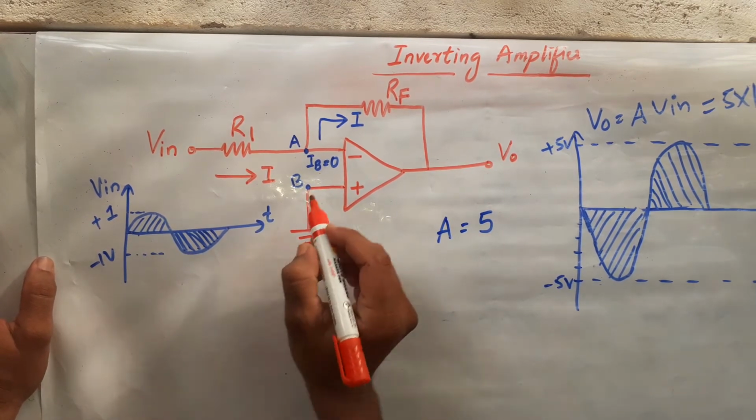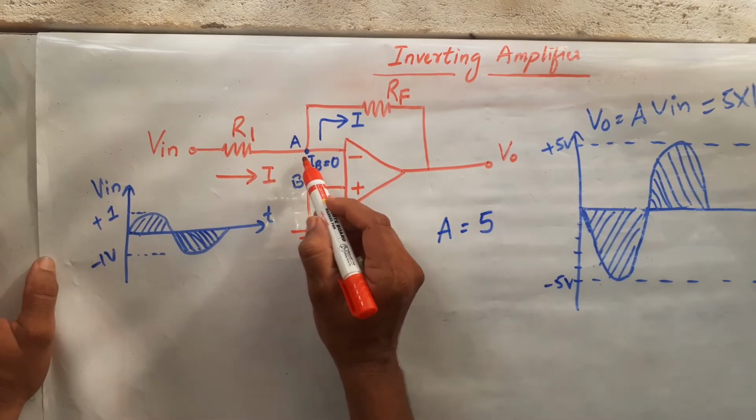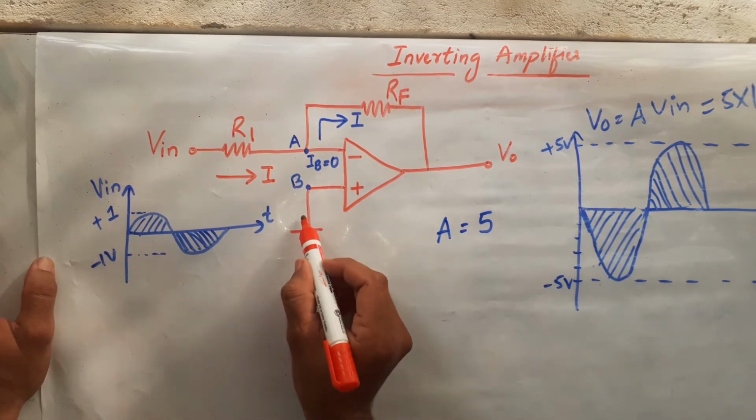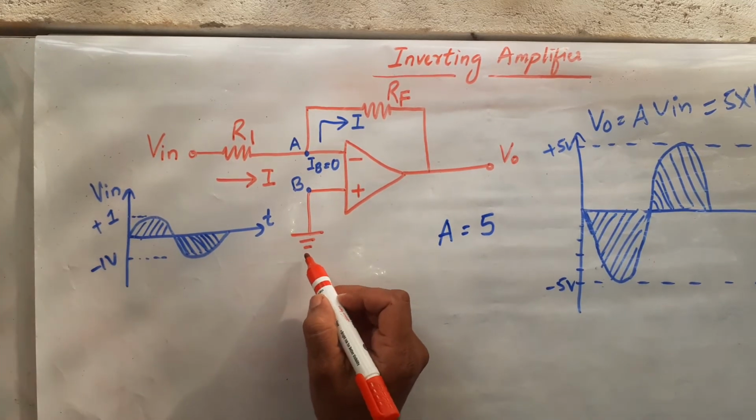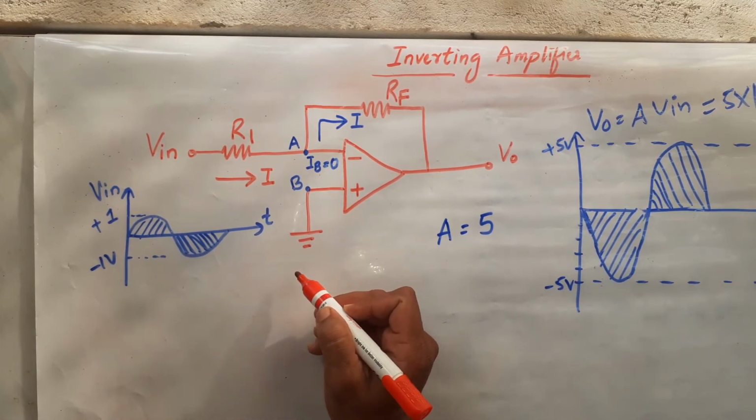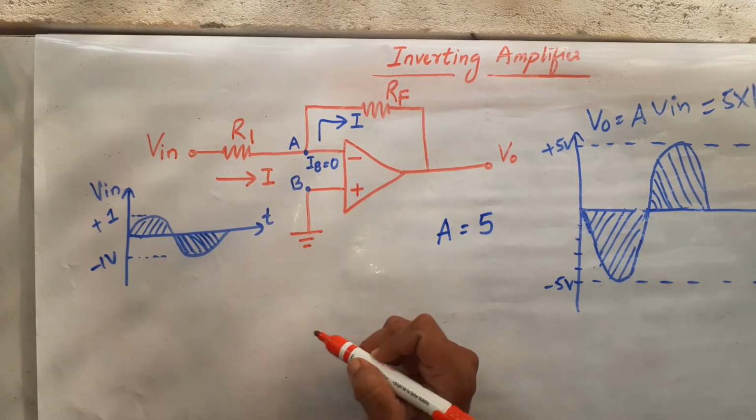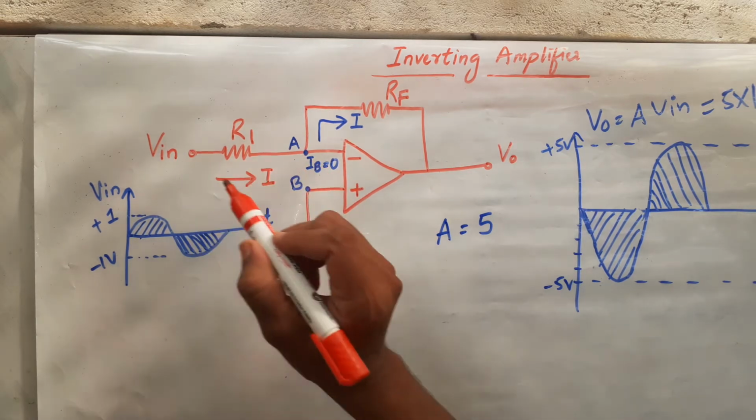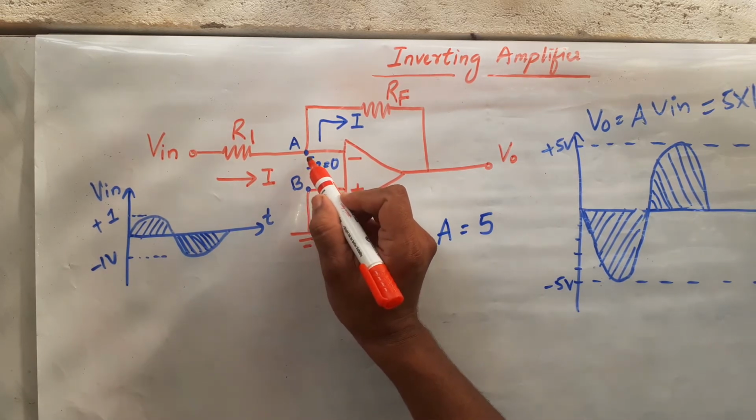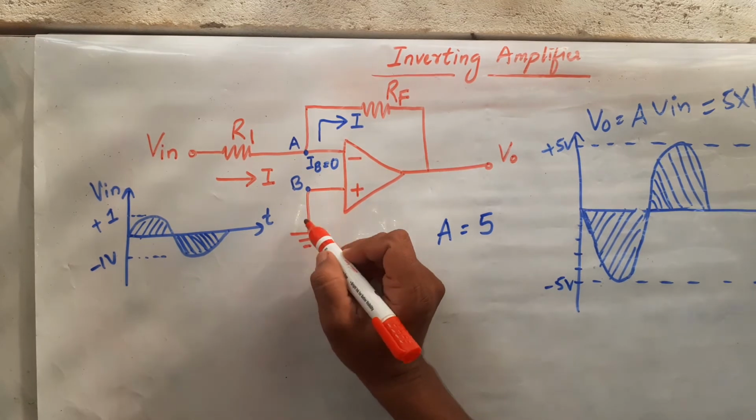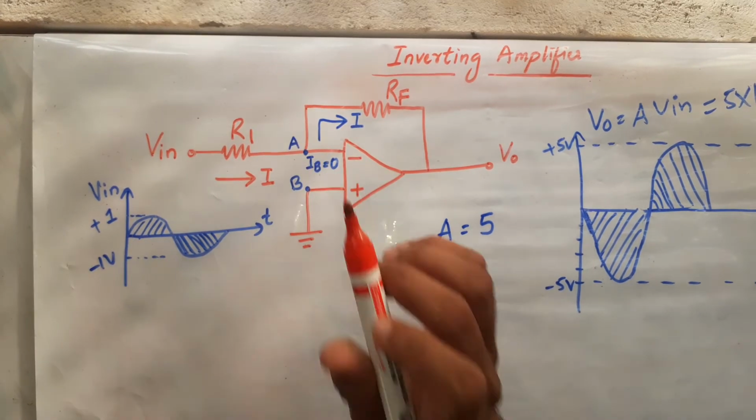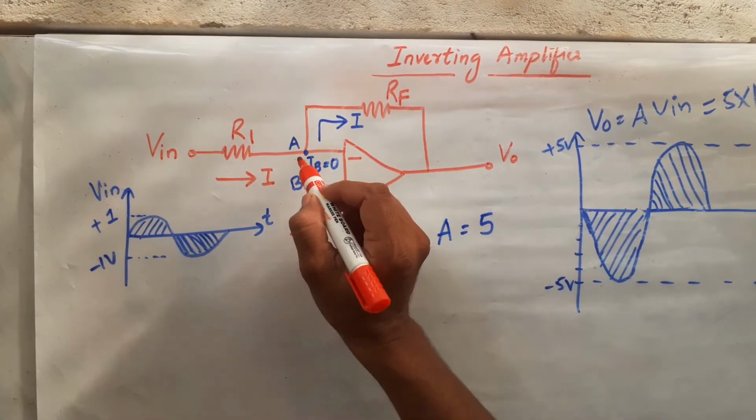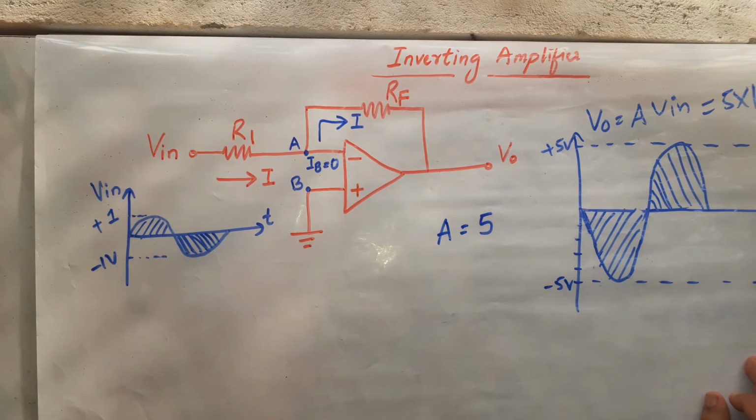Now you have node B and node A, right? Now as you can see, node B is grounded here. Node A is also at ground potential. Yes, I know it is connected to V in here through resistor R1. But we have to assume that if node B is at ground potential, node A is also assumed to be at ground potential from the concept of